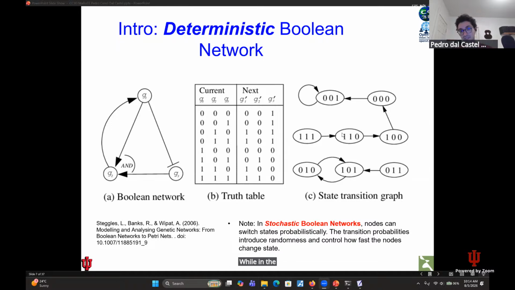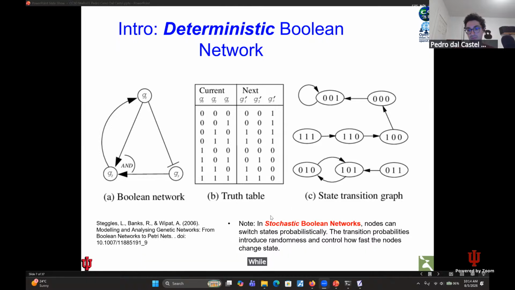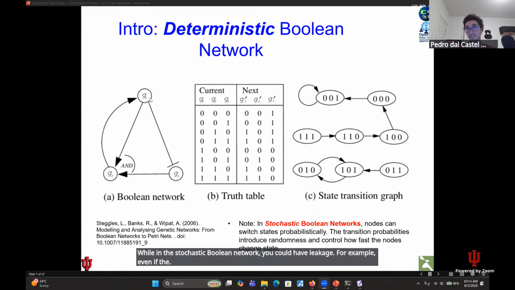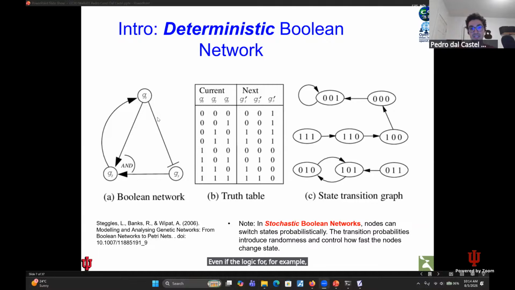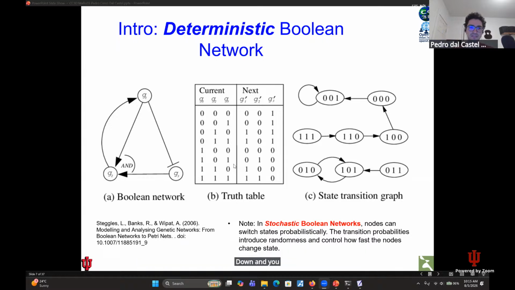While in the deterministic, if a given condition is true, the change of state in the node is deterministic. It's going to happen in the next step, or it is not going to happen in the next step. While in the stochastic Boolean network, you could have leakage. For example, even if the logic, for example inhibition, is true, G3 is false, G3 might have a probability of leaking, so G3 would go up for a while and then go back down,